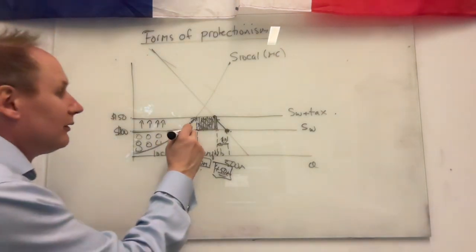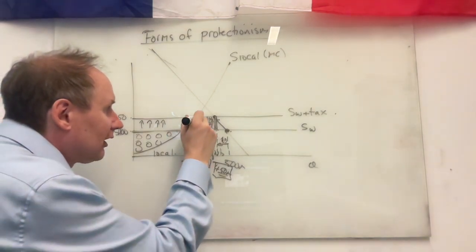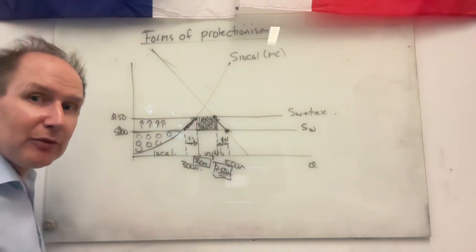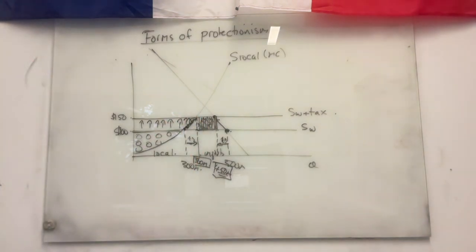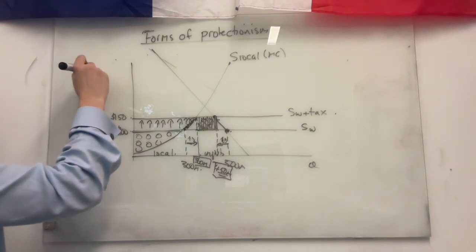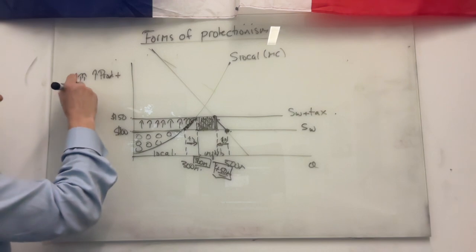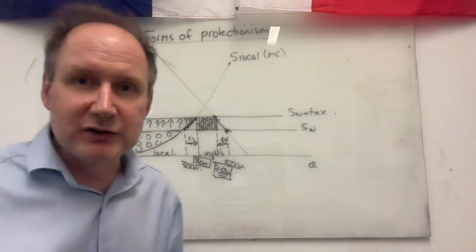But at the same time, there is more supply. These firms here are now in the market, so they're getting producer surplus as well because they're able to produce. So producer surplus has increased by the amount of the arrows there. The arrows are the increase in producer surplus. The cross-hatched area is the tax revenue for the government. Consumers obviously aren't very happy.